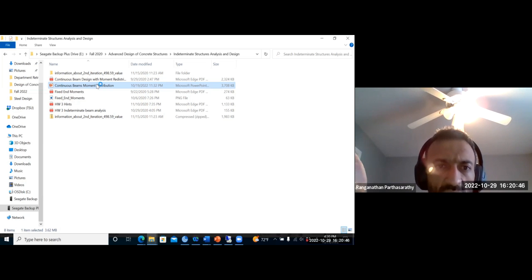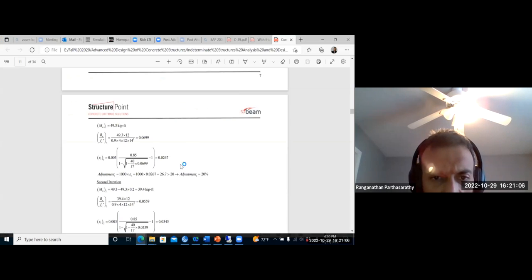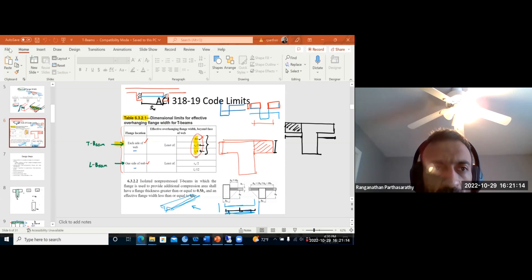So first, where is the neutral axis? According to that, what is the strain in the tension steel? And then we will take the minimum of 1000 times that strain, or 20%. The minimum of those has to be used. Like he did it here, the strain comes out to 0.0267, and